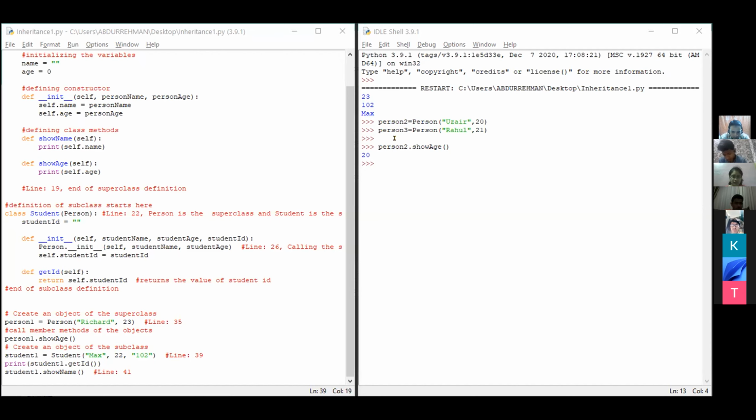Or, if you want to do it for many people, can we loop it? If you want to do it for many people, that is not related to the object. You can create a data structure, an array where you store all the names as well as their details, then use the for loop to call your method multiple times and display it. By using only one object of person 2 dot show age, you can display it.